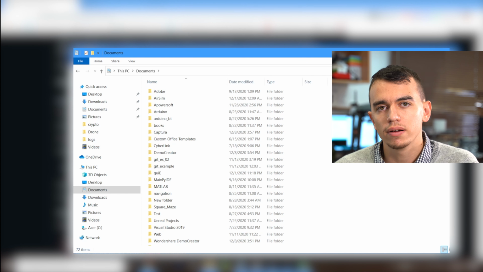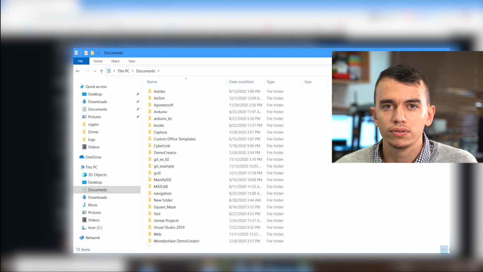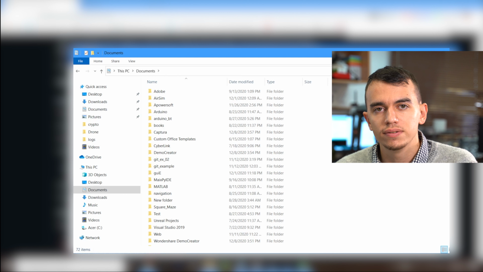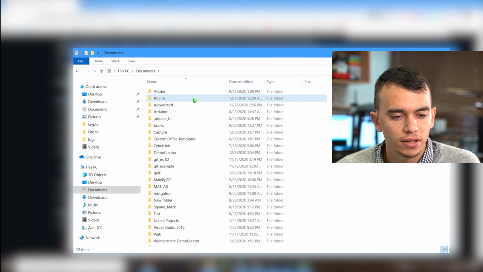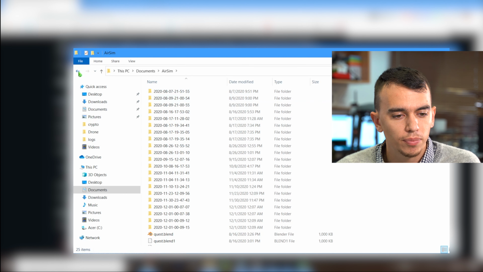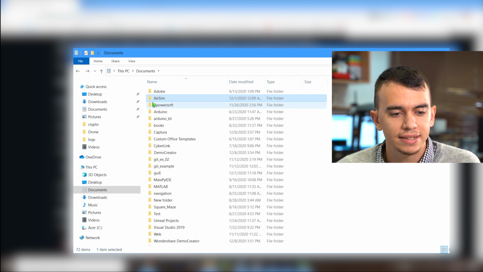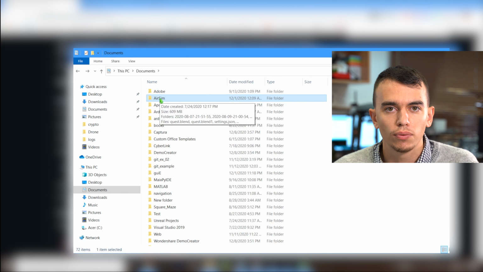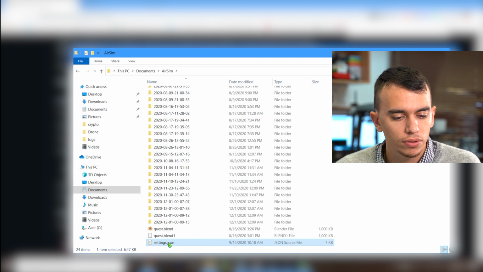So now, when you have installed the Python dependencies, you need to put the settings.json file inside your Documents, in an AirSim folder. So the folder should be called in this way, and it's very important that the name is exactly as it's written on your screen right now. Okay, so you created the folder, and now you're going to put the settings.json file inside it.